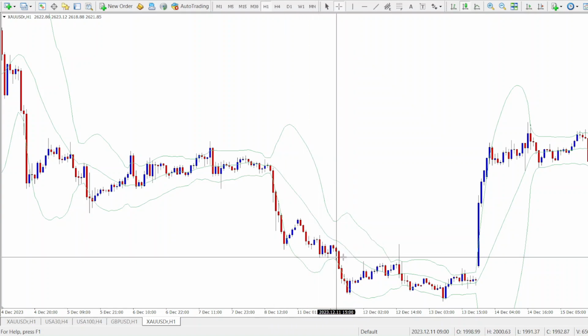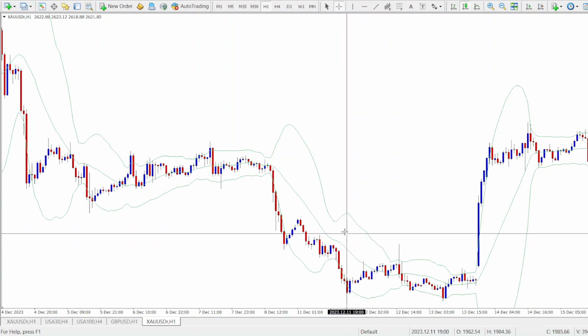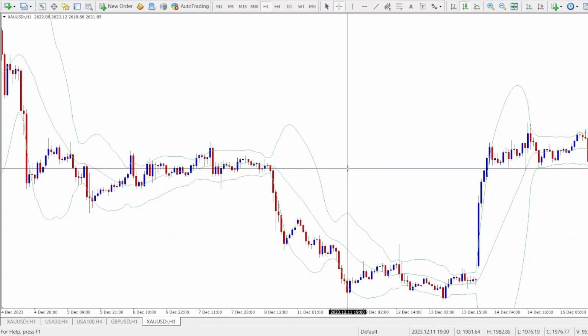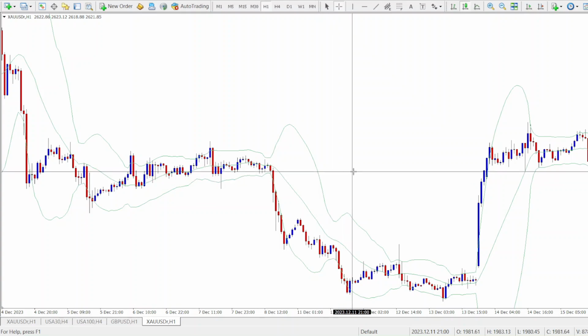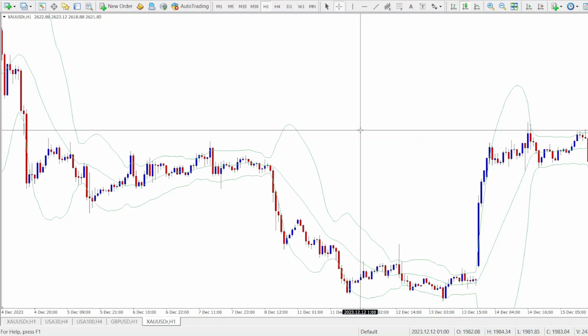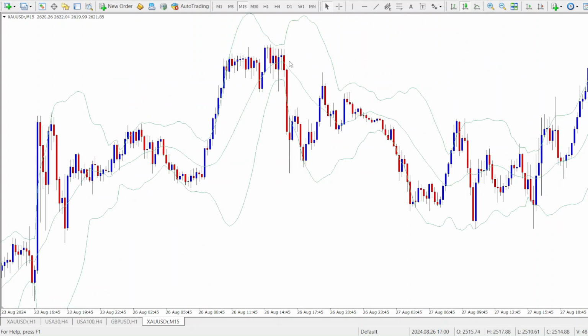So we have to look for the nearest support zone for our take profit, or you can consider using other indicators for extra confirmation. Okay, now you can also decide to adjust your settings of your Bollinger Bands for different market conditions. For example, you can consider tightening the bands for short-term trading. Like if you're a short-term trader, maybe you trade on the 5 minutes, 15 minutes time frames, or maybe if you are a scalper or a day trader, you might want to reduce the period of the Bollinger Bands to